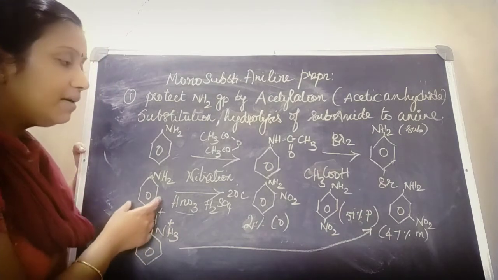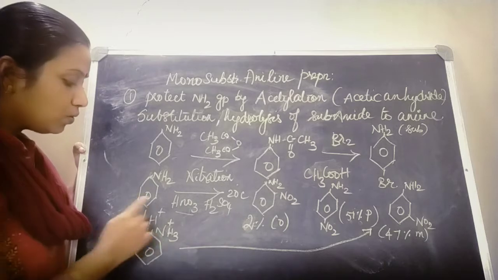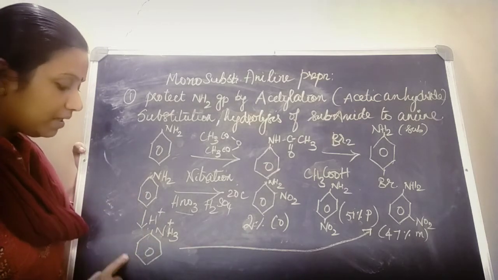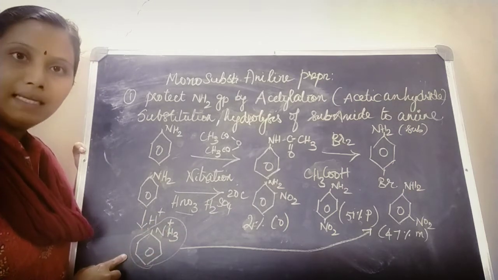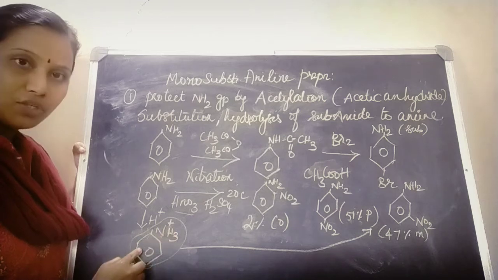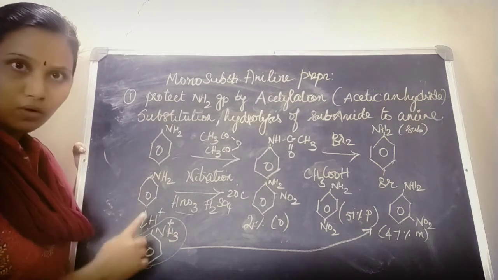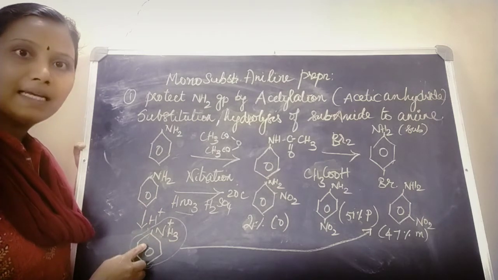So when I do nitration of aniline, I will be getting 3 oxidation products. Also, if I do protonation under acidic condition, then I am getting a product called anilinium. What is this called? Anilinium. I have aniline. What is the aniline structure? Benzene NH2. But there is a protonation happening, that is addition of proton H+. So NH3 attached to benzene ring is called anilinium.